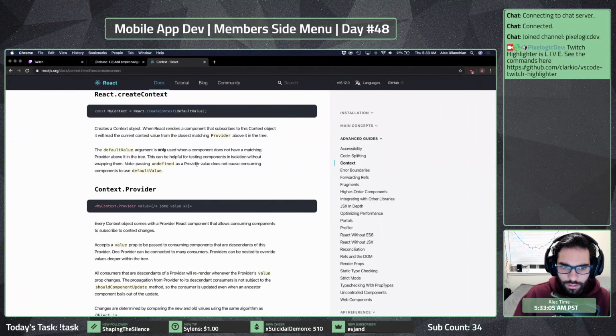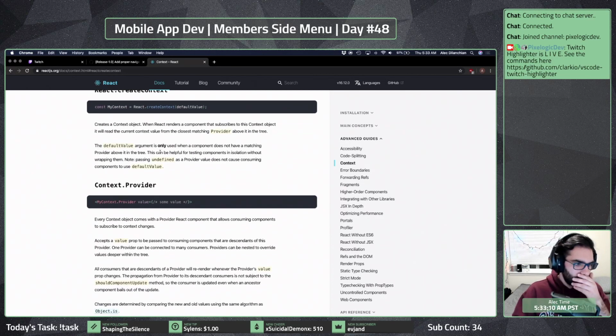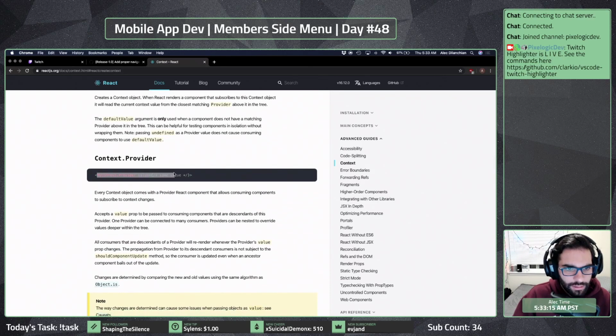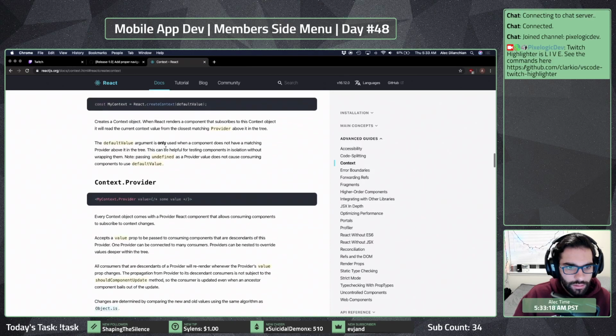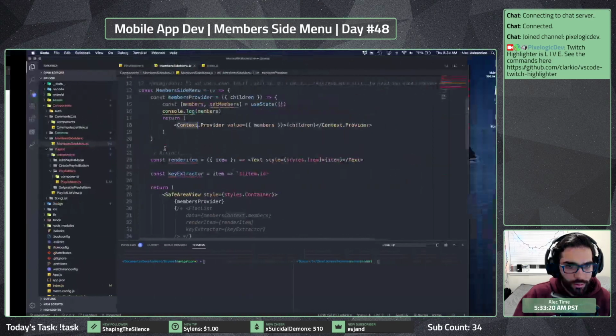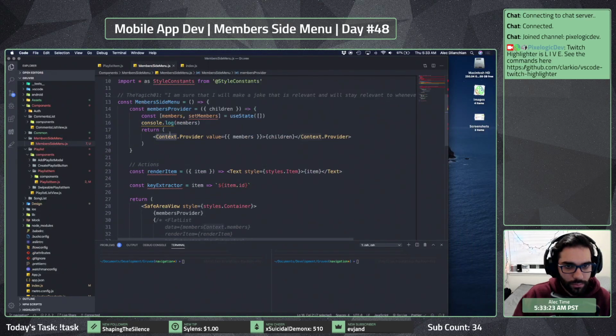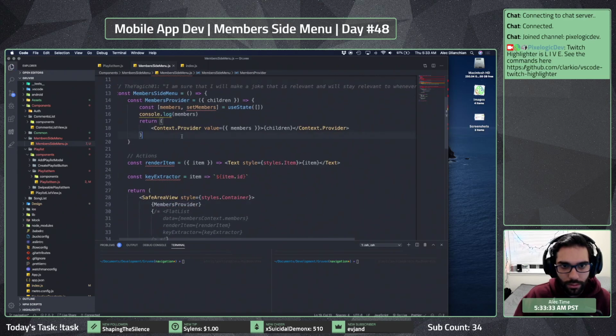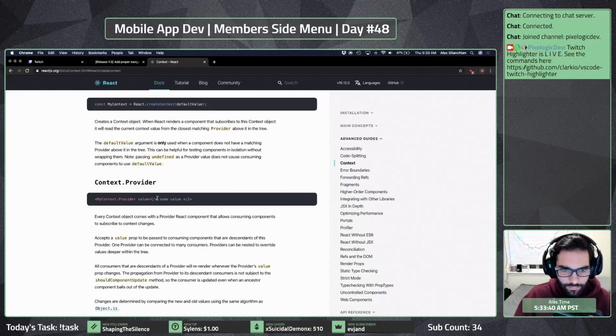Oh wait. But this is my context. This is the part that I get a little confused on. Guess we should maybe do it like this. Because if we do members provider, no, I think that's okay. And then value.